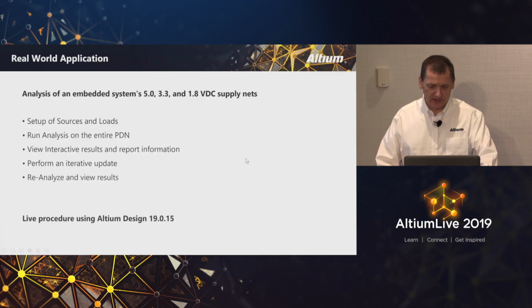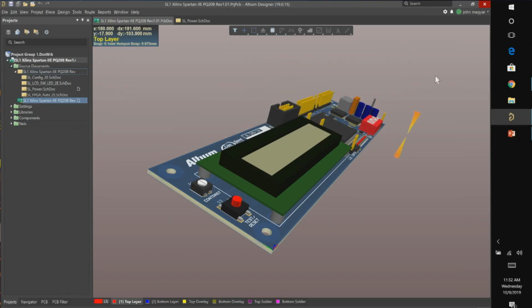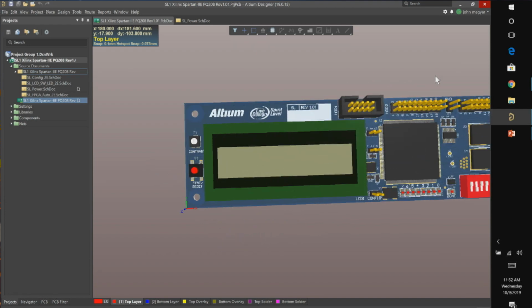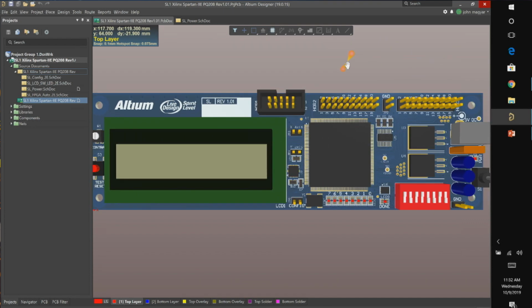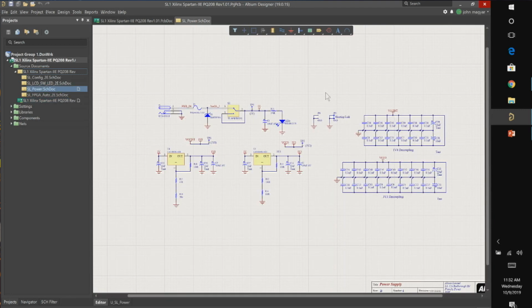So actually, I'll escape out of here. And then, typical board in Altium Designer. As I said, this is a fairly straightforward design. It's actually a real piece of hardware that Altium provided years ago. It was just a small embedded system development board. And it has 3 voltage supplies in it. I'll bring up the power schematic page. And fairly typical